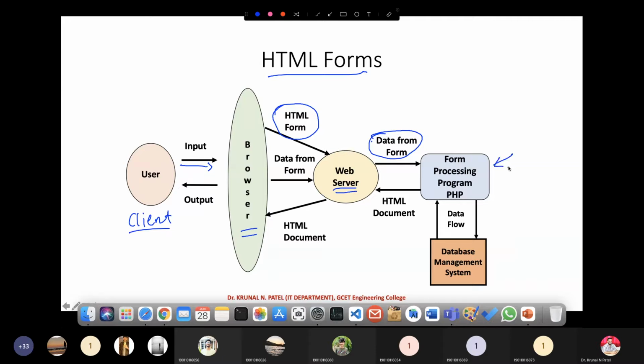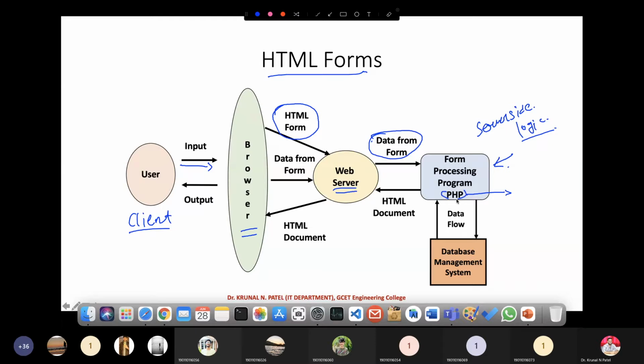Here we have server side logic, which can be done in various ways. Any server side programming language is required for that, and here we are talking about PHP. Your form is going to be processed by writing some logic in PHP.